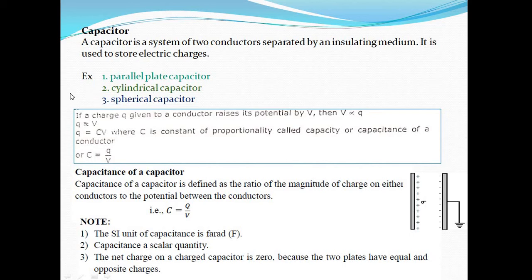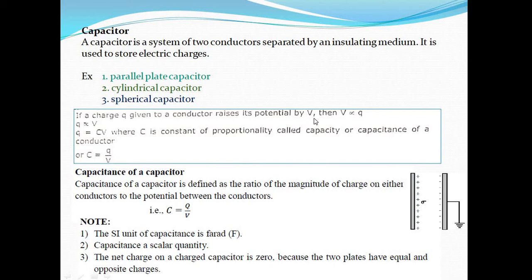Okay, now a capacitor is a device. We have to learn about the principle and how the charges are stored in a capacitor. That is the capacitance of the capacitor. It is a property of the capacitor. Students, let us consider a conductor. So this is a conductor. There are two conductors. If a charge is given to the conductor, what happens?